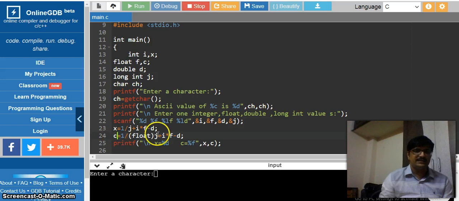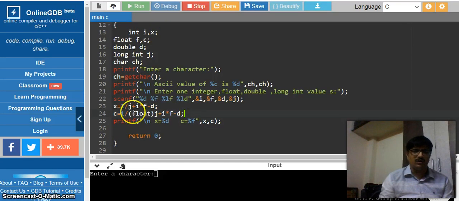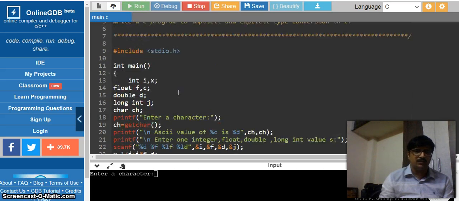So once again, here c is not of the type double. So there is a little flaw in this program, that is, x and c have to be declared as double. However, I have left it like this in order to show you that the program is still going to compile and run successfully, but it is not going to give you the right output. It is going to truncate certain values. Okay, so let me run this program.